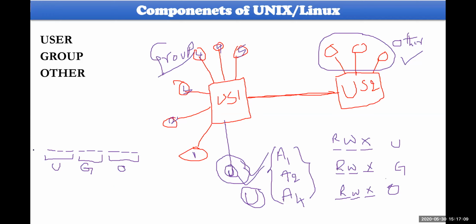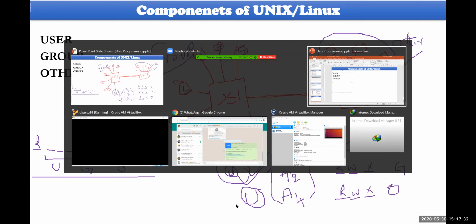And at the very beginning, one more permission will be there. This is as far as a directory. If your file is a directory, that is mentioned as D. Otherwise, it is considered empty. In this way, you have to have your segregation in terms of working with a particular file.